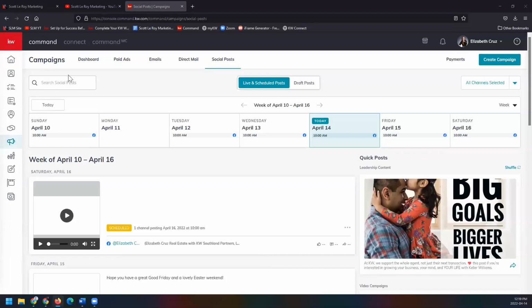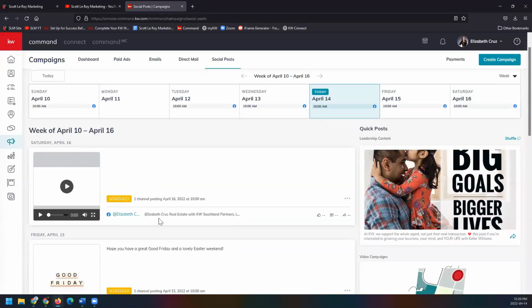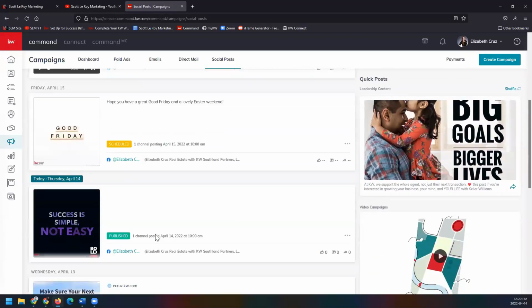Here is where you can search social posts, show your live and scheduled post or draft post, filter by channels, channels being the social media accounts you have connected, view your social post calendar by week or by month, view a little bit more details of the week that we're currently in,